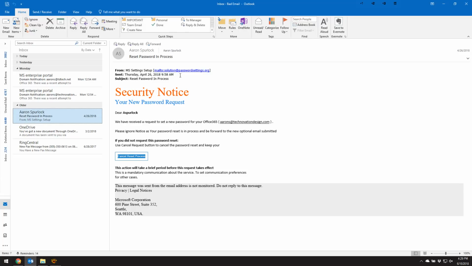The email address for this one was coming from solution@passwordsettings.org. Again, not Microsoft. If you're ever wondering, don't click on the link. Go directly to the website itself, log on, and check there. If there's a problem, the moment you log on to the service, it's more than likely going to pop something up. If it's your bank and there truly is a problem, as soon as you log on, it would pop